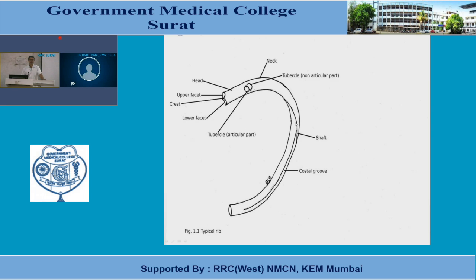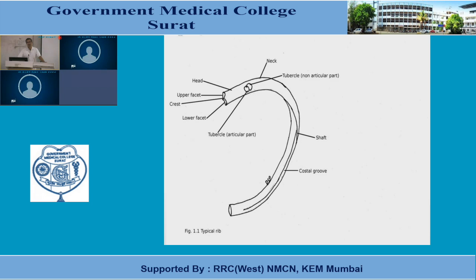The upper border of a typical rib will show two ridges, anterior and posterior ridge, or you can say outer lip and inner lip of the upper border of the rib. The outer lip gives insertion to the external intercostal muscle. The inner lip of the upper border of the rib shows attachment or insertion of two muscles, internal intercostal and intercostalis intimus. This is the combined attachment of internal intercostal and intercostalis intimus muscle in relation with the inner lip of this typical rib.